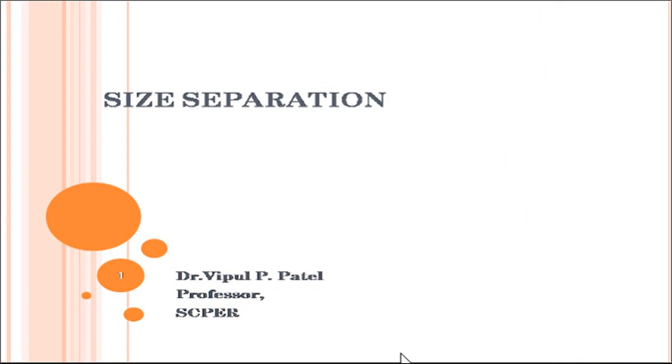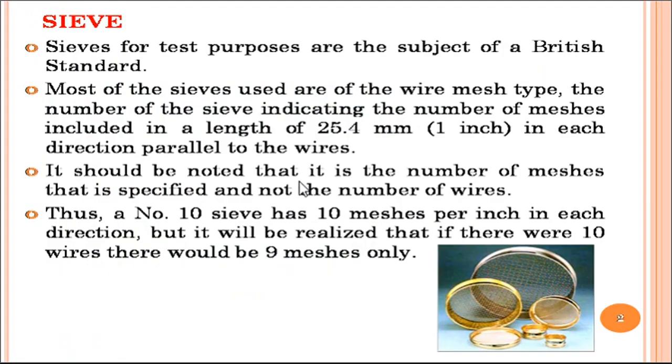The next topic which we are going to talk about is the most important and fundamental equipment which has been used since the inception of the concept of size separation, and that is called a sieve. Sieves are used for size separations, and the test sieves determine the efficiency of the screening devices, because when we talk about pharmaceutical equipment, it must comply with the official and regulatory guidelines.